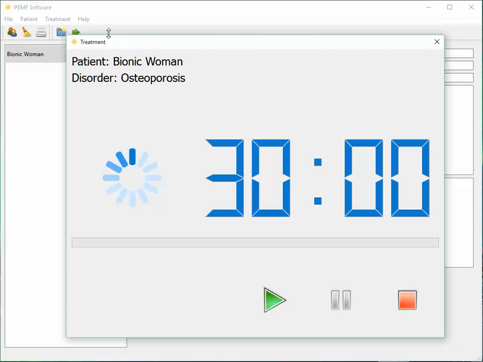And yes, the osteoporosis program is a 30-minute program. If I click on the green arrow, the timer will start counting down. In the real world, this is 30 minutes, and it will take 30 minutes to run. And I will say that roughly every 5 minutes, it changes frequency and it changes intensity. If you were to hold a magnet in your hand while the treatment's going on, you would notice that. So I'll click on the green arrow,